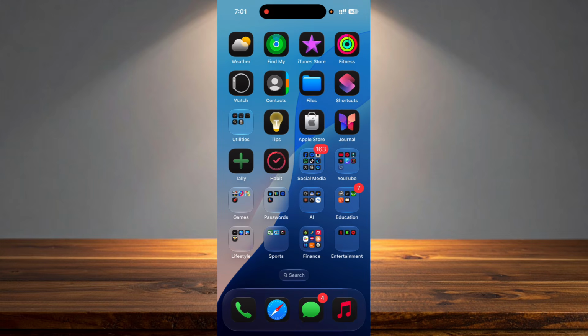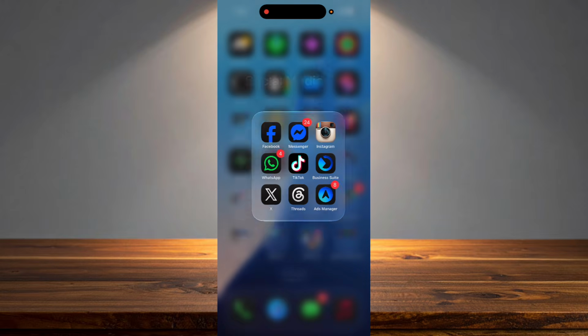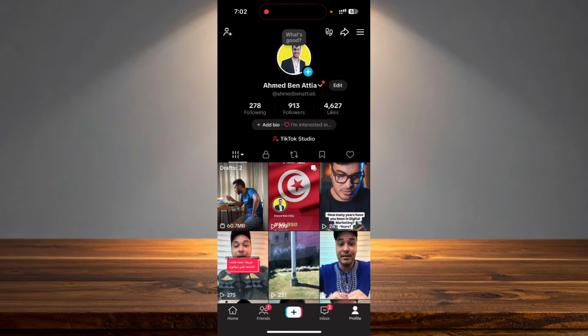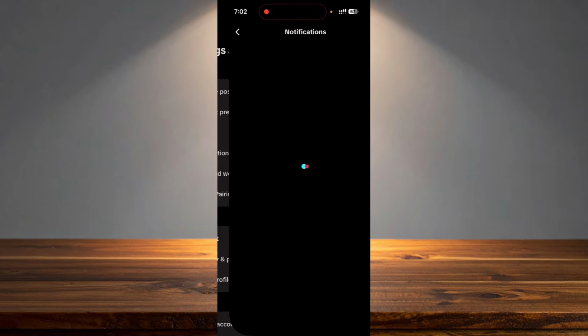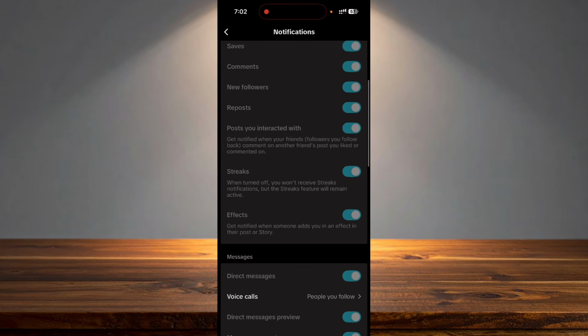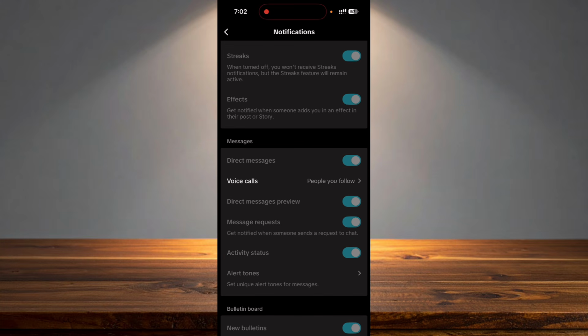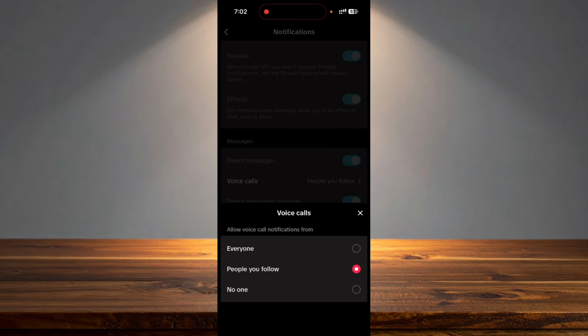The next thing that you should do is check your direct messages settings. So we go to TikTok, and after that click on the three lines on the top right of the screen. After that go to settings and privacy, go to notifications, and scroll down, and as you can see there is a new option here called voice calls. Click on it, and here it will tell you from where you want to receive the notifications about these